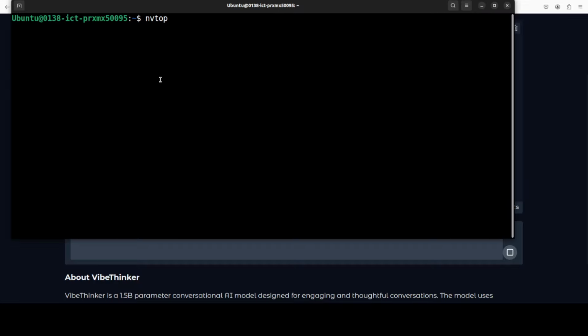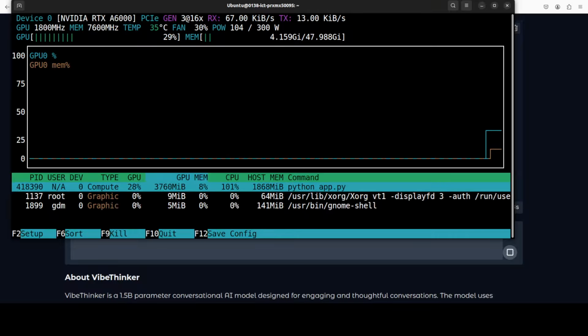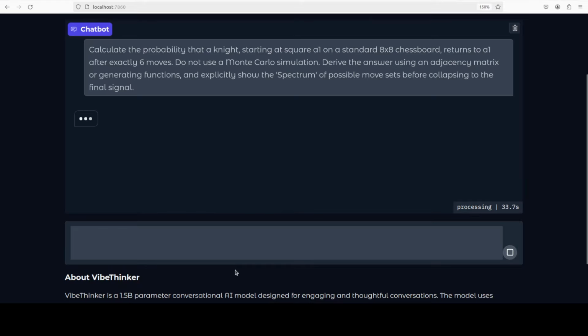And now as the model is fully loaded, let's check the VRAM consumption. So VRAM consumption, you can see it is at the moment consuming quite a lot, 29%. So just under 4K. So you can easily use it anywhere you like, and I don't think it is going to go above that. Okay, let's wait for it to come back. It is thinking. It is going to take a bit of time.